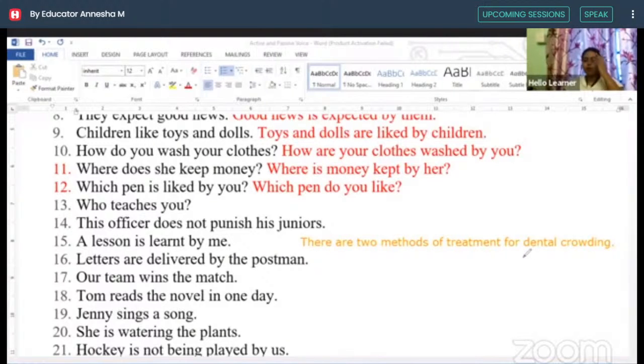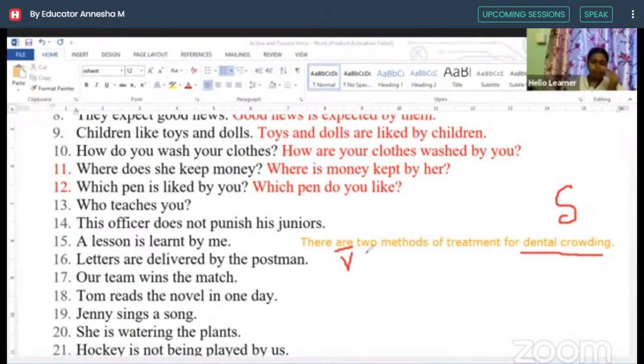In this sentence, we are not using any action verb, right? There is only one verb in the sentence, that is are, that is functioning as the linking verb of the sentence. Now, what is the subject here? Dental crowding is the subject here. And what is